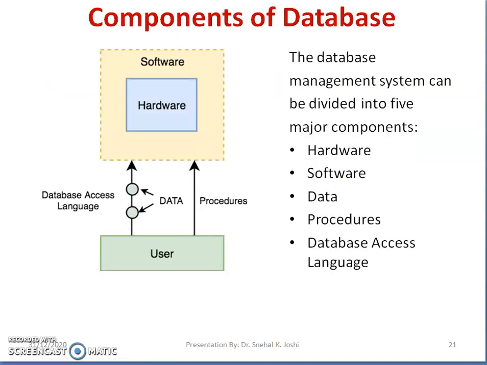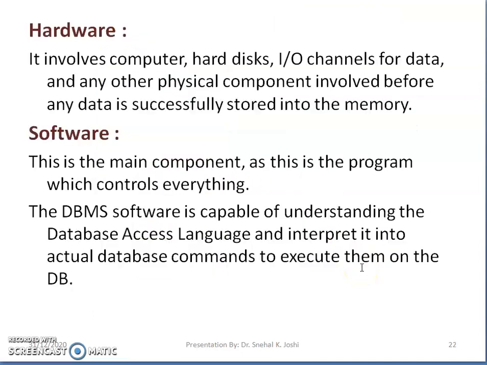Now, let us talk about components of database. There are 6 major components of database, and using them we can understand and explain the database. Actually, the database management system can be divided into these 6: hardware, software, data, procedures, and data access language. Here they are. You have hardware, above that you have software. The user deals using certain procedures and extracts the data using that particular software. All right, so this is how the whole task works.